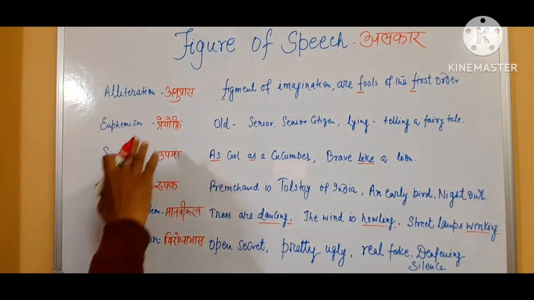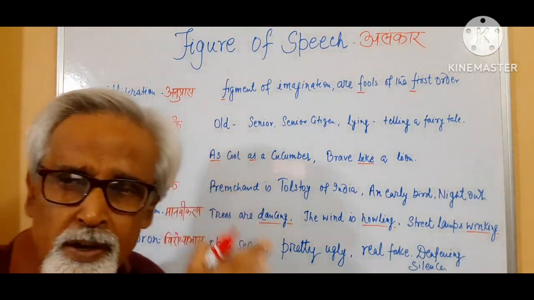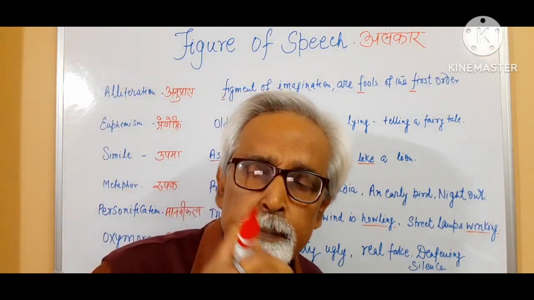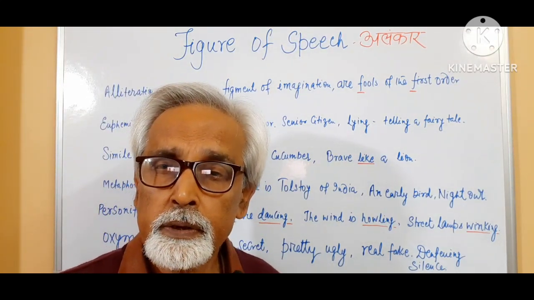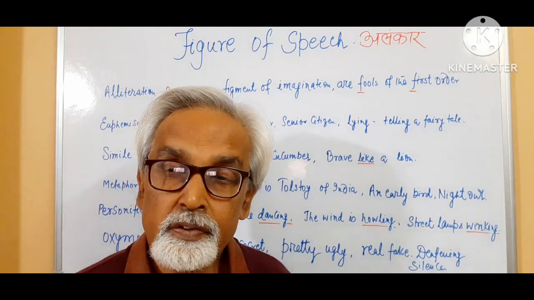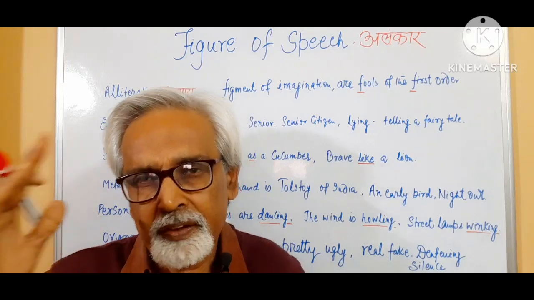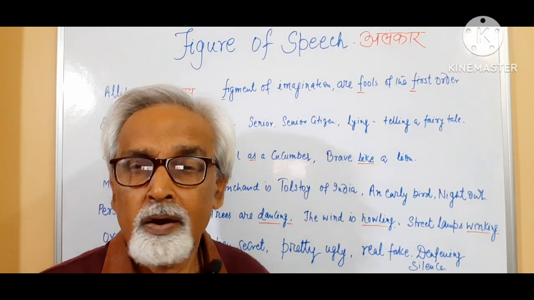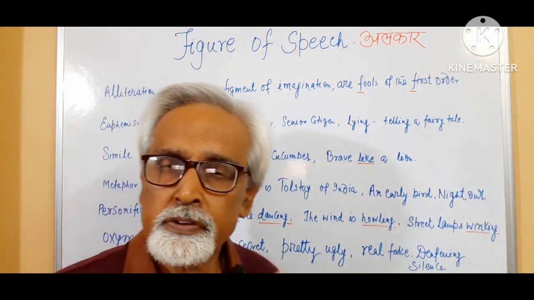Clear? Now euphemism. Euphemism means prayokti, priya ukti. Sometimes we have to say something unpleasant. For example, he died. Bapu died on 30th of January 1948, but it sounds curt, it doesn't sound decent. So when we have to say something unpleasant, we try to say it in a less unpleasant, less offensive manner. In that case, the figure of speech used is called